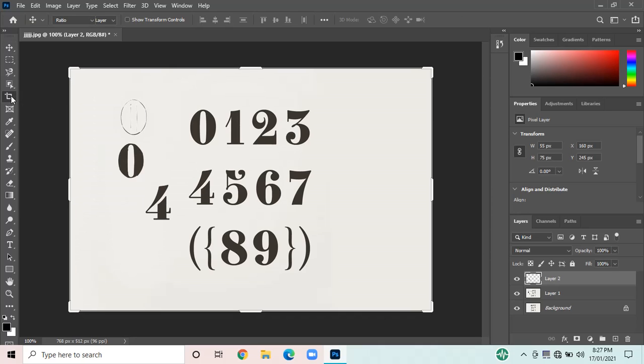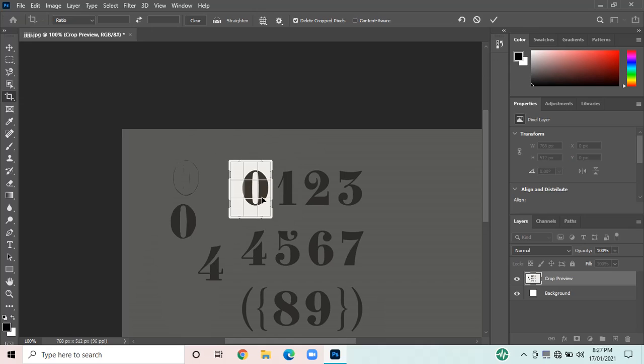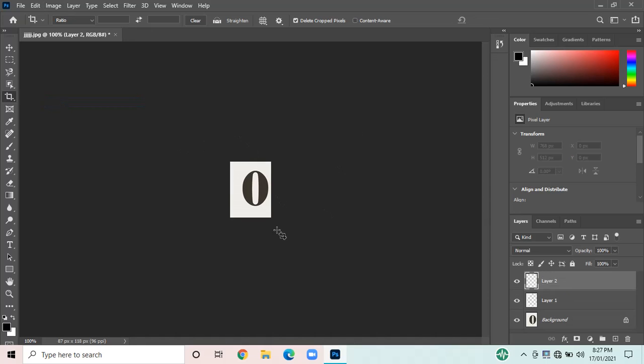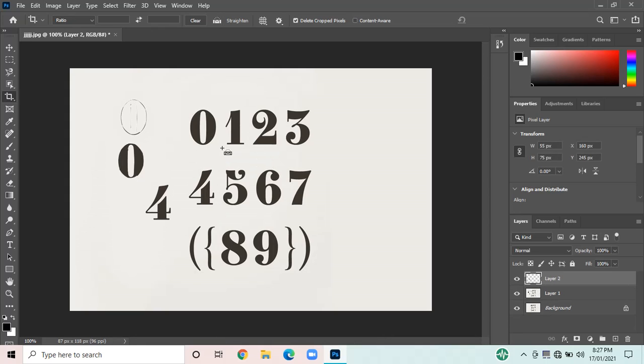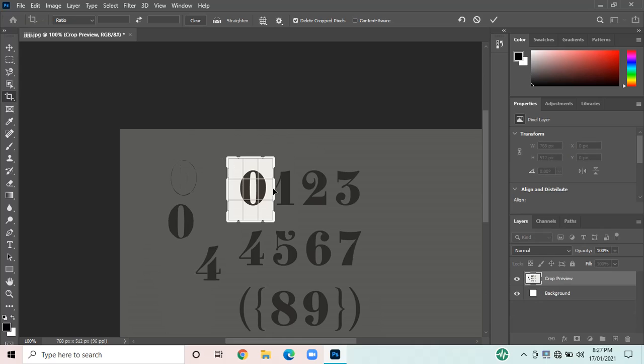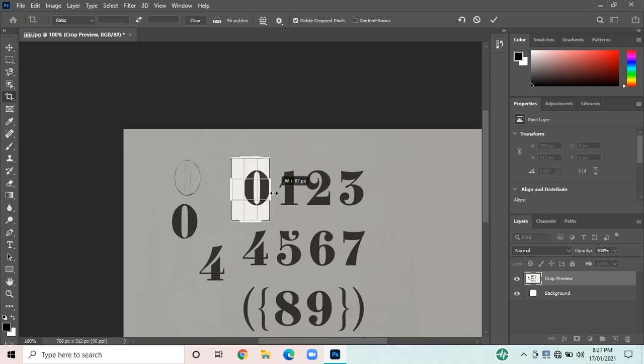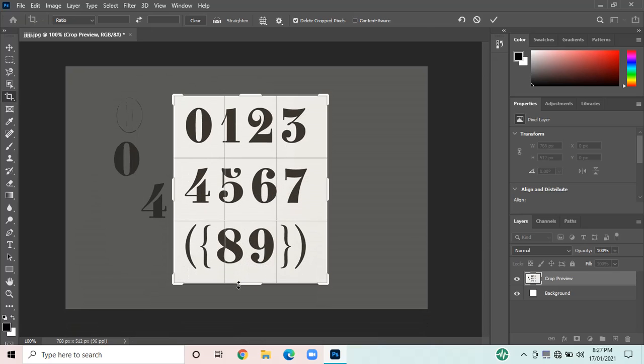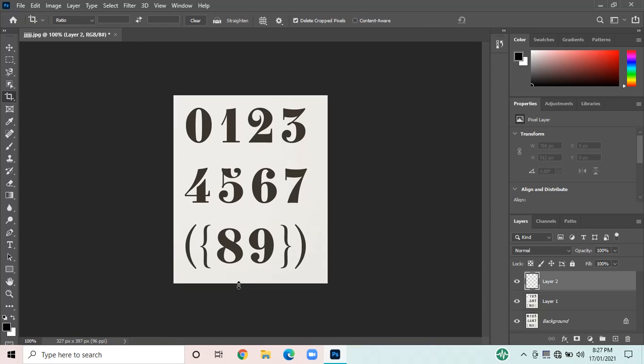Next tool is the crop tool. It's similar to what we have seen previously. We select the part which we want to crop, go to Image and click on Crop. So this is how we get it cropped. Now let's say I want this, and then I can include or exclude the part by moving around here. Then I can just hit Enter, and that will also perform the same action. We need not go to Image and do the process, we can just hit Enter for the selected part that we want to crop.